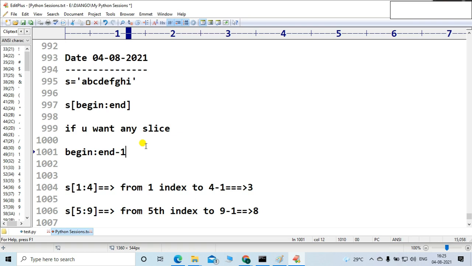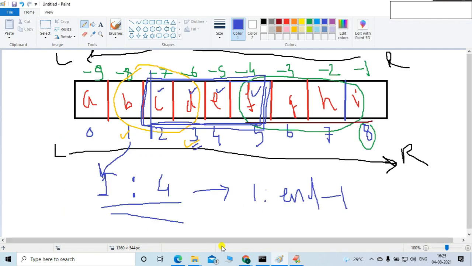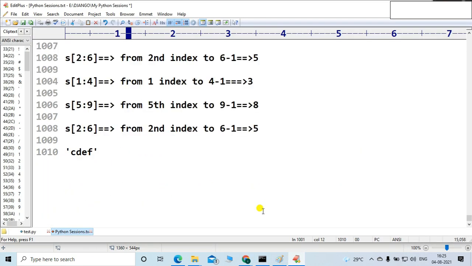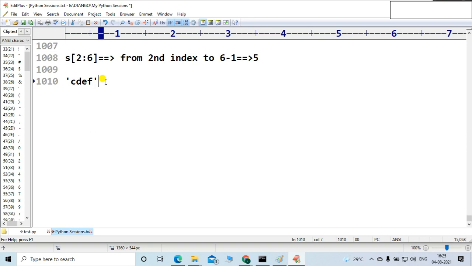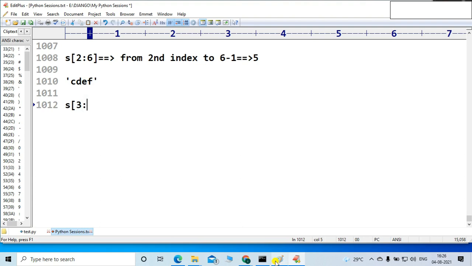My requirement is, listen carefully, suppose I wrote something in the notepad, as of 3 colon minus 6. I wrote 3 colon minus 6 here.